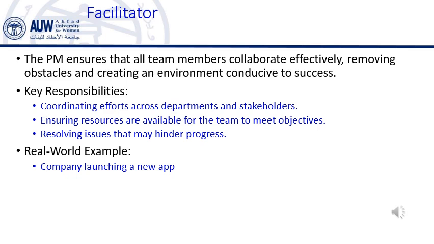Example: imagine a team working on a product launch. One group might be responsible for design, another for marketing, and another for logistics. As a facilitator, the PM checks in with each group regularly to make sure everyone is progressing on time and that the work from each team is aligned. If the marketing team needs some updated product images from the design team, the PM ensures that this happens smoothly without delays.